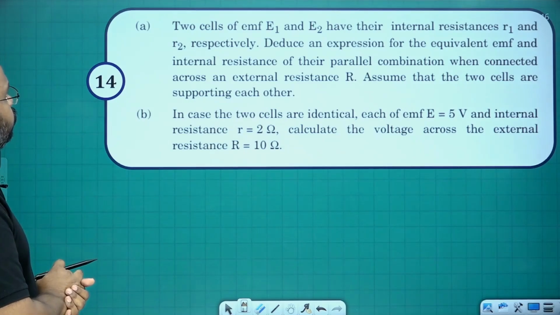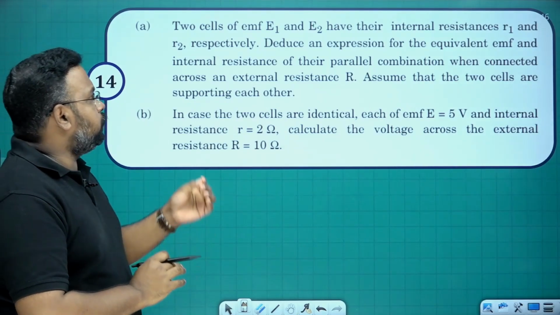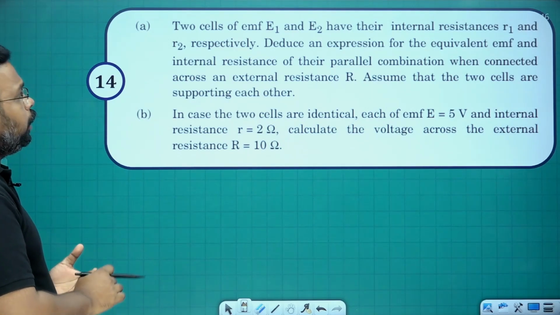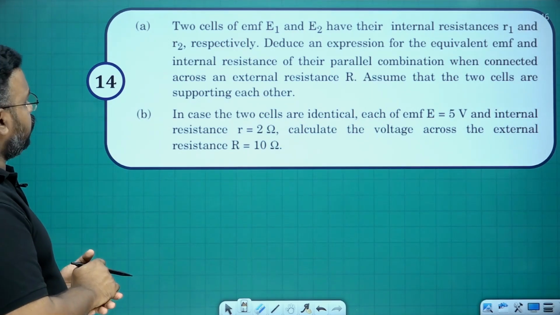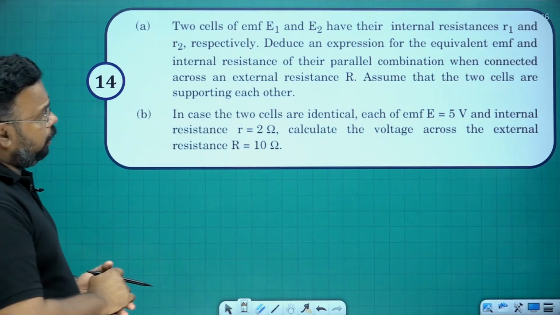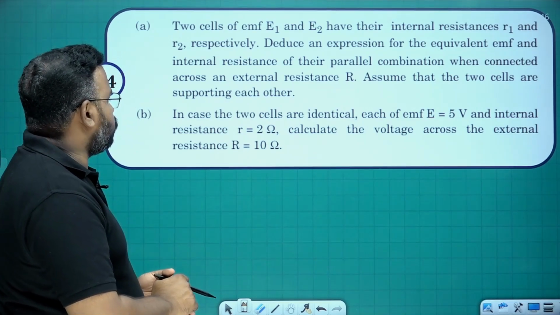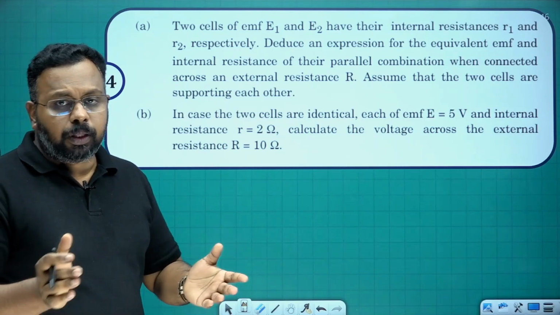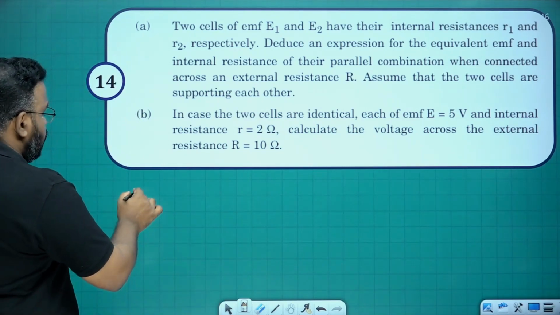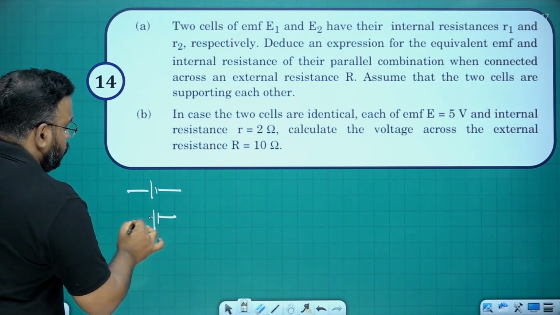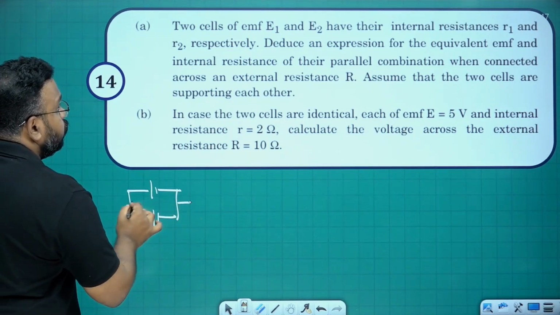Question number 14. Two cells of EMF E1 and E2 have their internal resistance R1 and R2 respectively. Deduce an expression for the equivalent EMF and internal resistance of their parallel combination when connected across an external resistance R. Assume that the two cells are supporting each other. See, it's like two cells connected in parallel. It's a direct derivation only. You just check it. What was the net EMF? They are asking